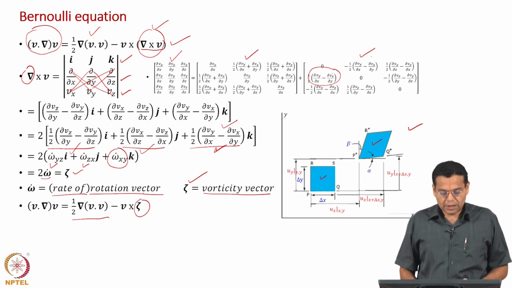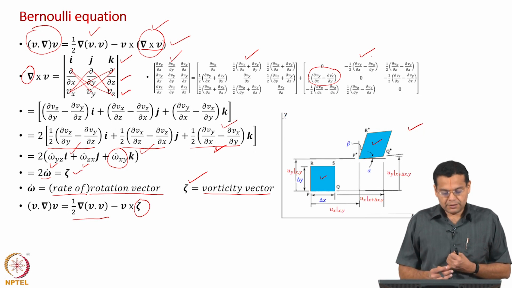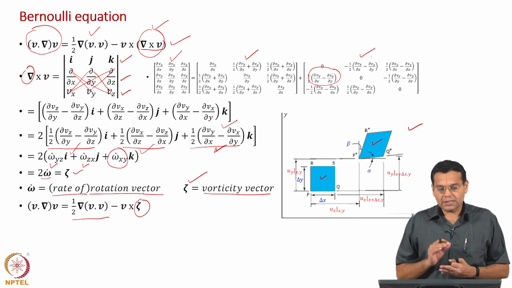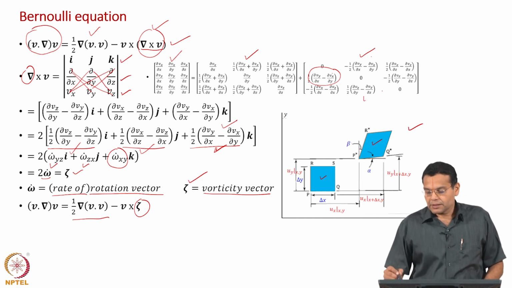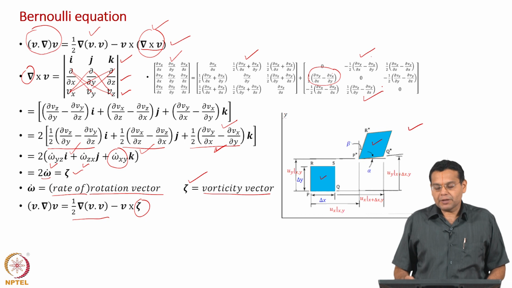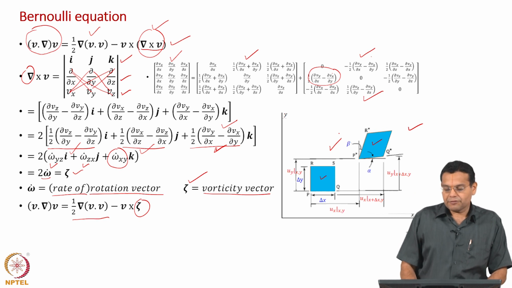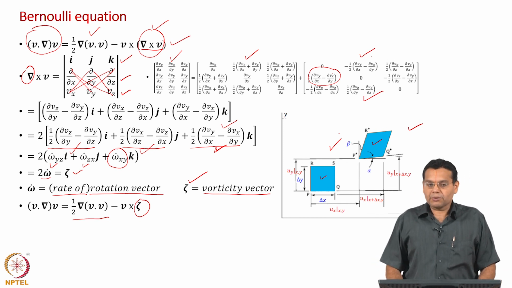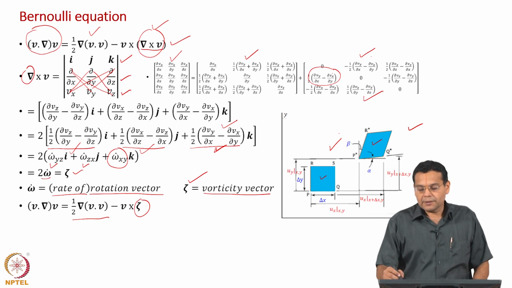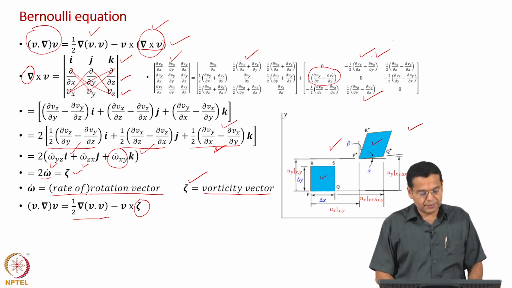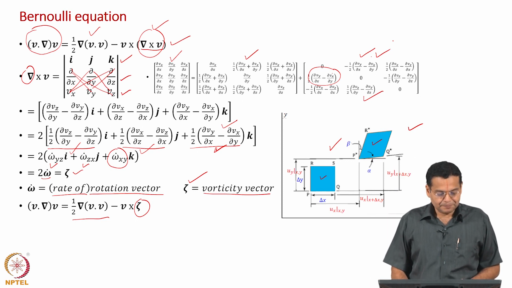So, whenever you come across del cross V or rate of rotation vector or vorticity vector, this tensor should come to your mind, where we have discussed all the components as the rate of rotation in the respective planes, and this diagram should also come into your mind, which includes of course normal strain rate, shear strain rate and rotation, but now this discussion is confined to the rigid body rotation. Remember, this rotation tells about the rigid body rotation of the fluid element. Okay. Now, let us proceed further.